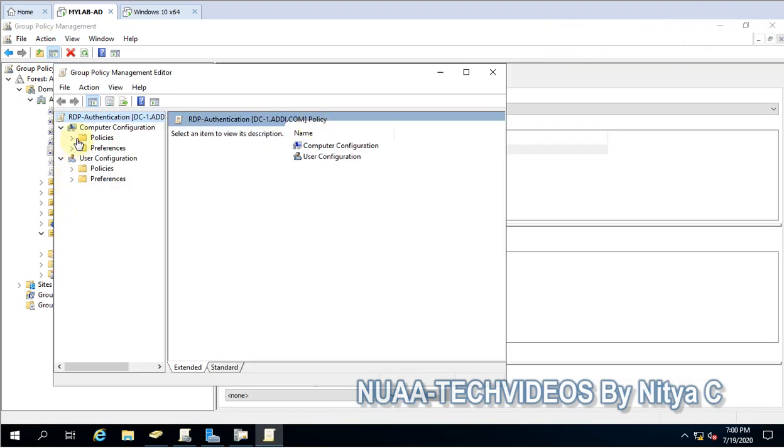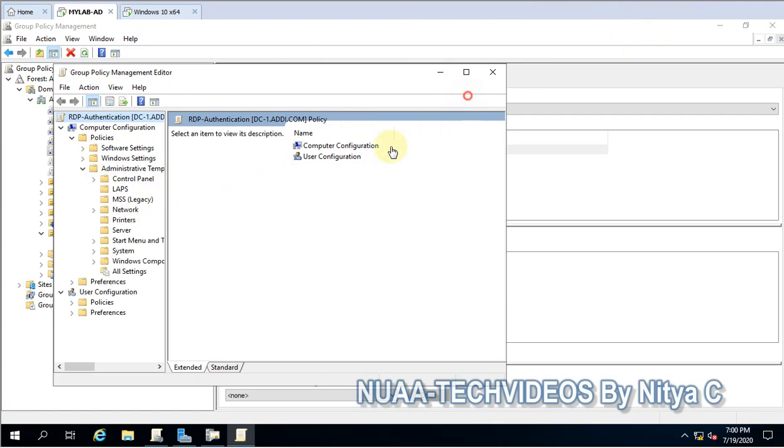So policy is edited. We have to expand the policies under computer configuration. And then administrative template, and then we have to expand Windows component.